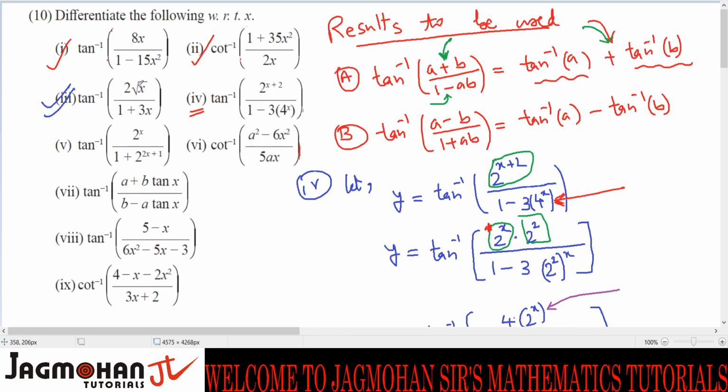This is tan inverse of 2 raised to root x upon 1 plus 3x. So for this, check that after 1 you have got a plus sign, so you will have to use this result here, tan inverse of (a minus b) upon (1 plus ab). Now this demands 2 raised to root x written using a negative sign in between. You have to write 2 raised to root x in such a way that in the numerator you see the difference, and the product of those two terms should be equal to 3x. Okay, it's very easy, students. You will try this on your own. Thank you.